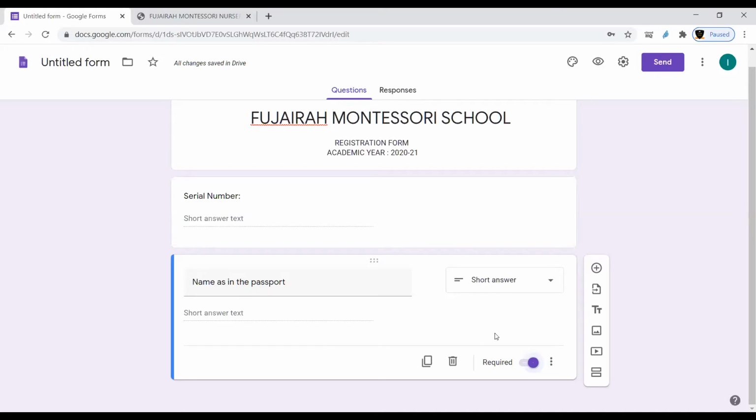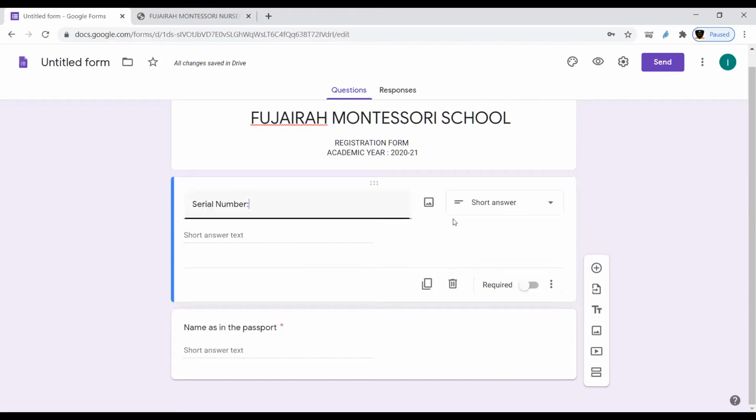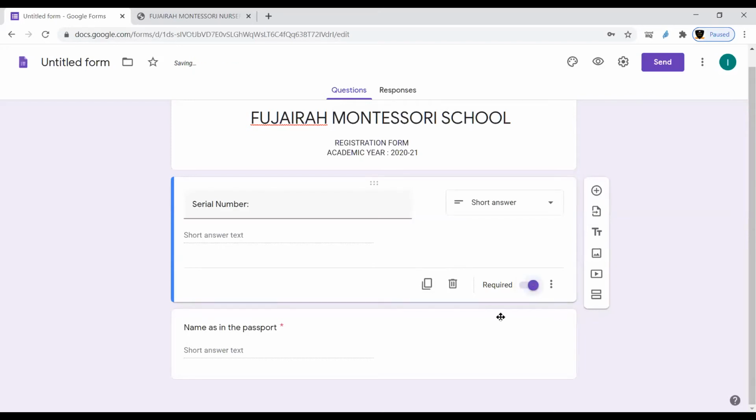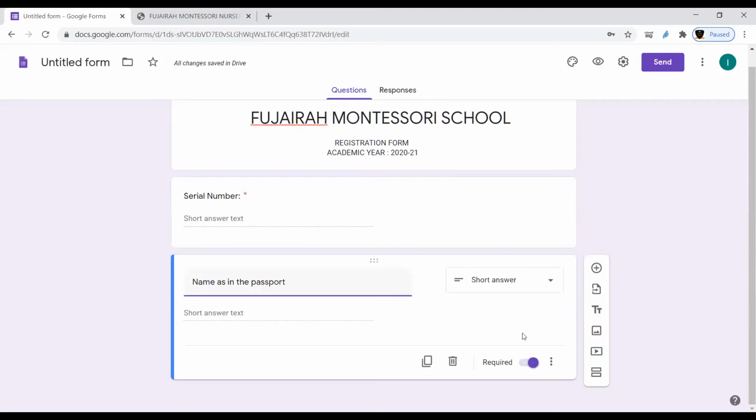So if this is something very specific and very required, you can go for this required option. In the first question also, serial number is very important, so you just go for this required. Once you go for this required option, it will become mandatory. And in the form, it will mark like a star, in this way. The star means it is a mandatory part. So they have to enter that detail, it is compulsory.